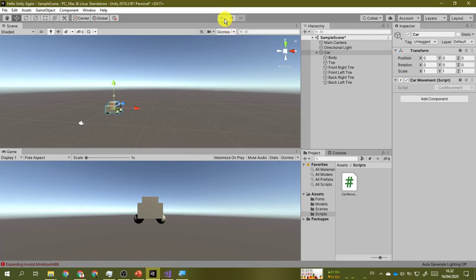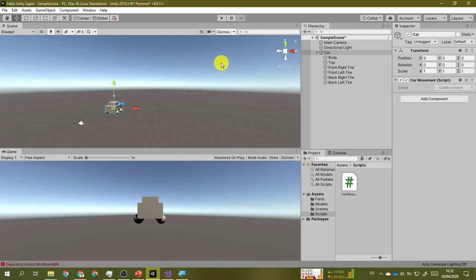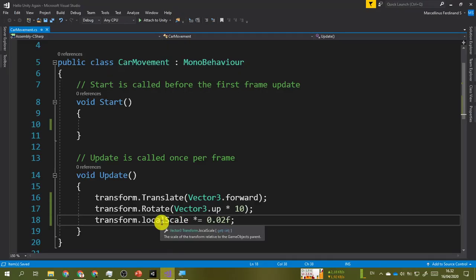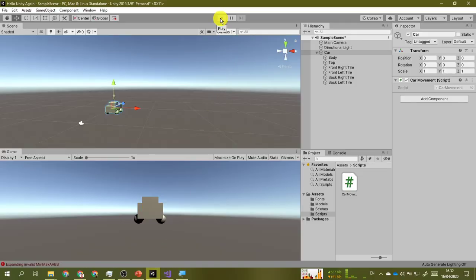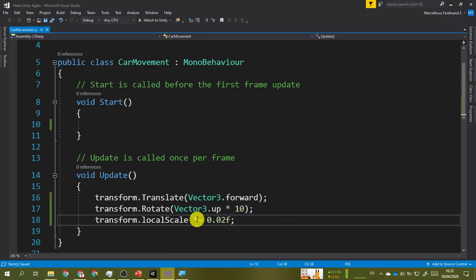Okay, let's see what happens if I multiply my local scale by 0.02 every second. Oh, sorry, every frame. If you multiply the local scale by something like this, then it will be smaller. It will shrink very quickly. So it's not multiplied by 0.02, but let's say that